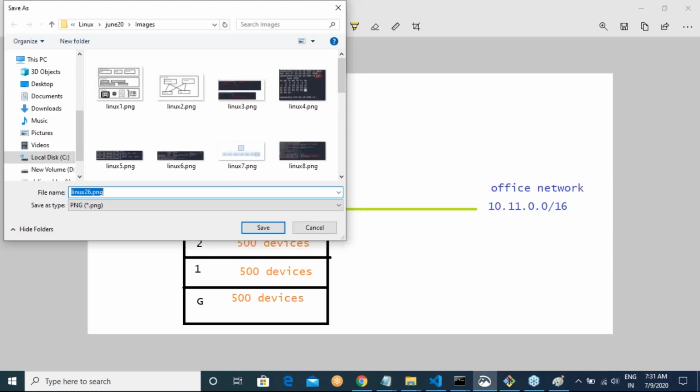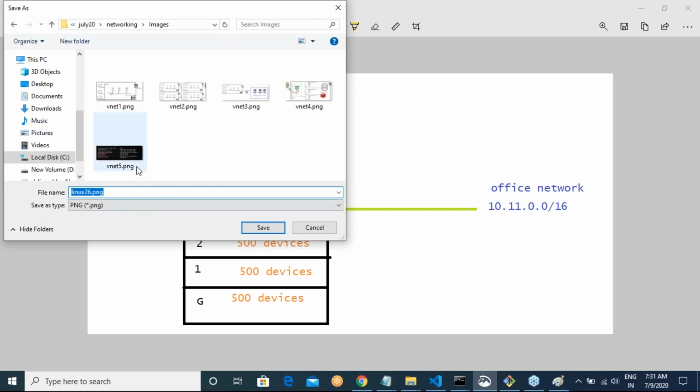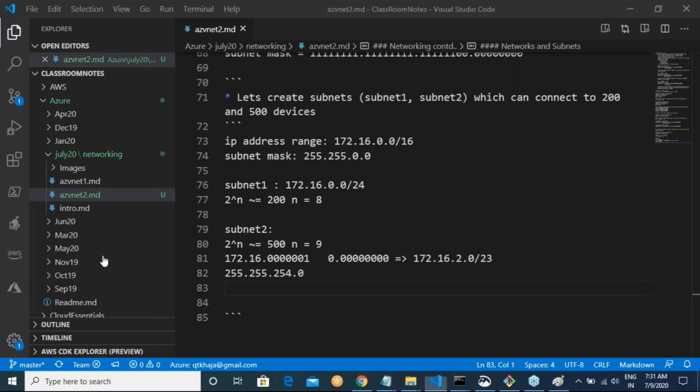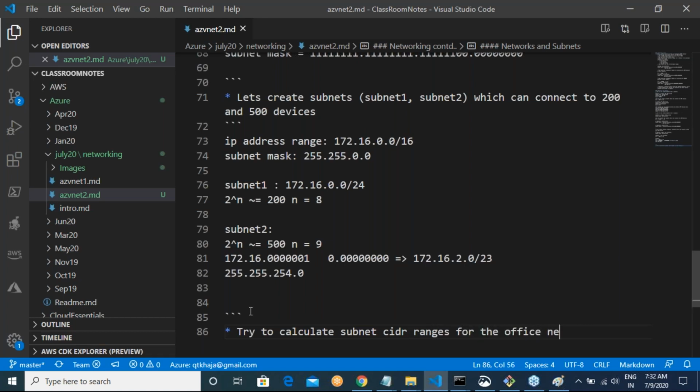Copy path. All right. So try to calculate subnet CIDR ranges for the office network shown below.